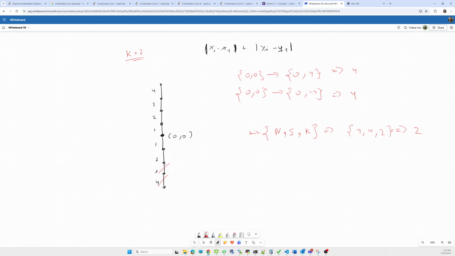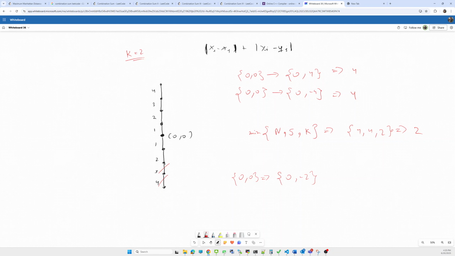So currently this difference will become 2. Fine. So the state will become 0 comma 0 to 0 comma minus 2. This will be 1.